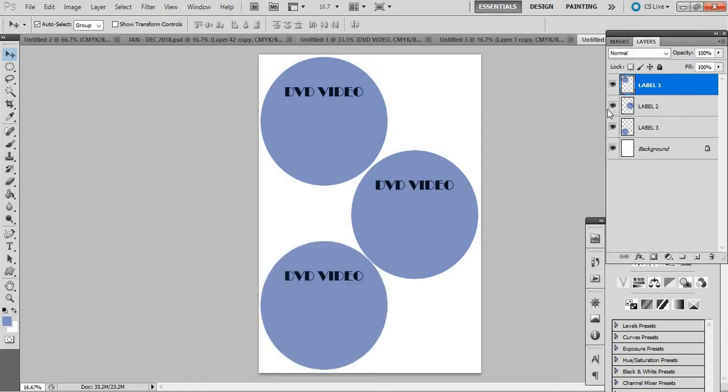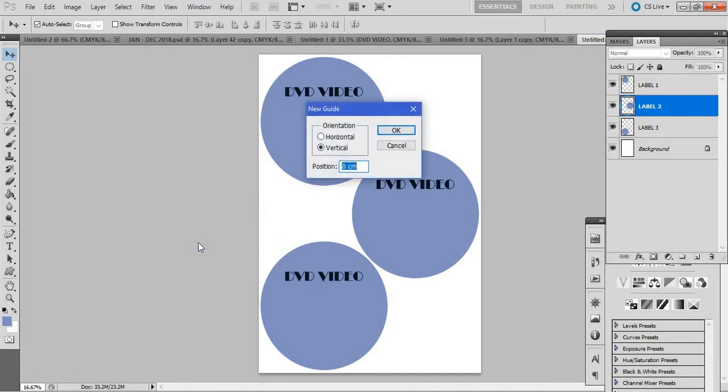Now obviously the label 2, you also can position it. You can make the label 3 first, the same one, and then of course the label 2. Make sure there's some space here, and make it balanced between label 1 and label 2. So that's it. If you feel you need to get a guide, let's say